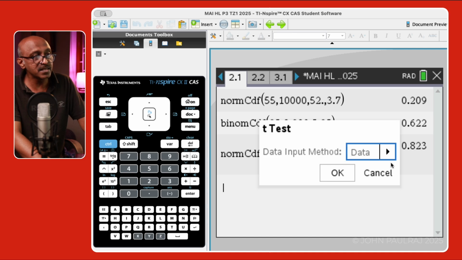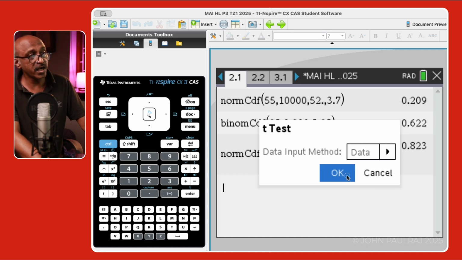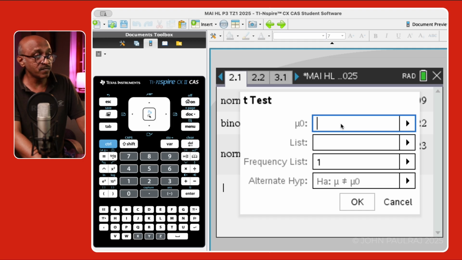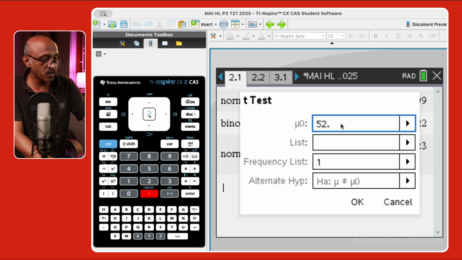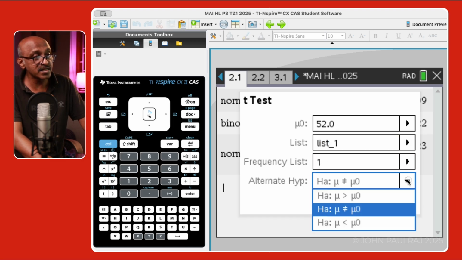The data input method is data as opposed to stats. We have the data in that list. So you say okay, and mu naught we're going to enter is 52. That was the original mean. 52.0, and list we are looking at list 1. Frequency list, don't worry about that. That's just 1. Alternative, we're not saying it's not equal to, it's one-sided,